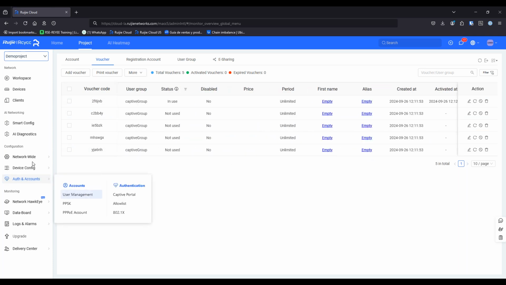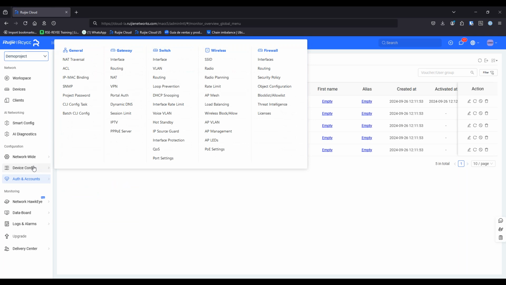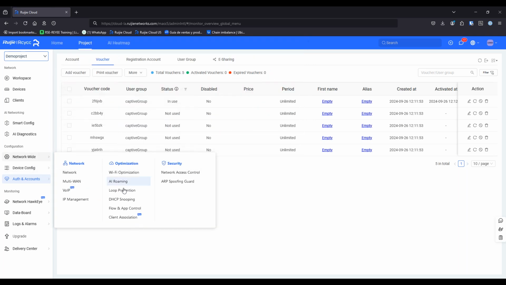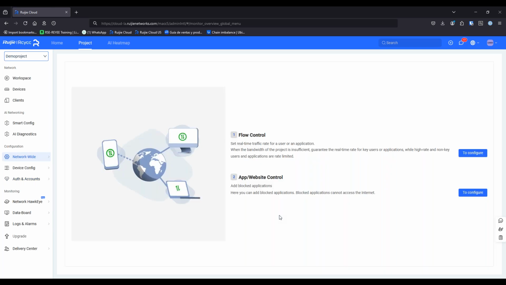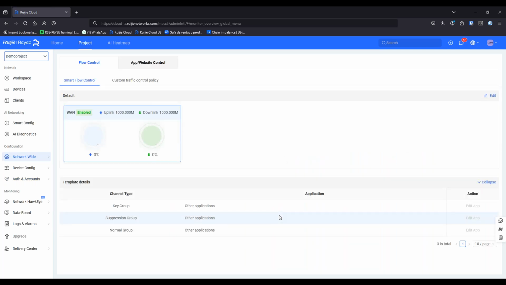Just moving forward into the blocking and flow control. Basically, what we're going to do is block the traffic for certain applications or certain URLs or websites. This is pretty convenient, because if you have an infrastructure and a company, and some clients are connected to the internet via the captive portal that we just created,